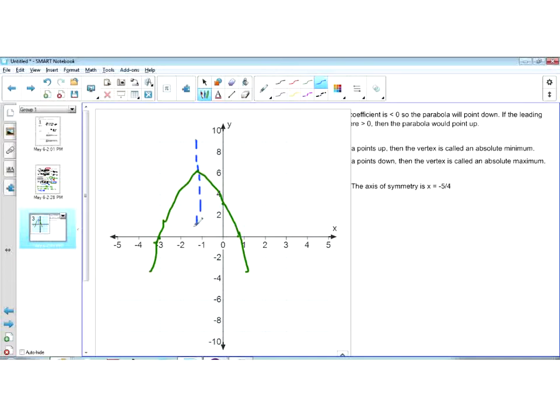And note that, so the axis of symmetry should be x equals, I think that's negative 1.25. And I'll call AOS the axis of symmetry. And note that the parabola is symmetric with respect to the axis of symmetry. So let's see how it would look